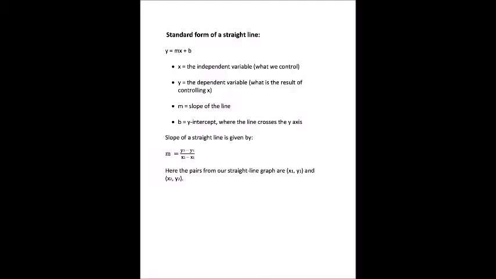For a linear graph, we can use the equation for a straight line to fit the data. In the case of a physics experiment, y would be whatever variable is on the vertical axis, x would be whatever variable is on the horizontal axis, b would be the value where the graph passes through the y-axis, which is why it's called the y-intercept, and the slope of a straight line can be pulled from the graph once it's drawn using points that fall on the line that are generally not the data points that we ourselves have